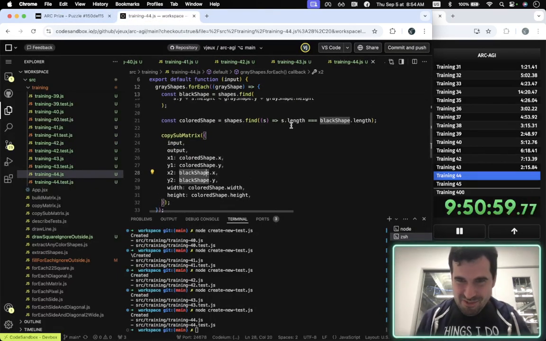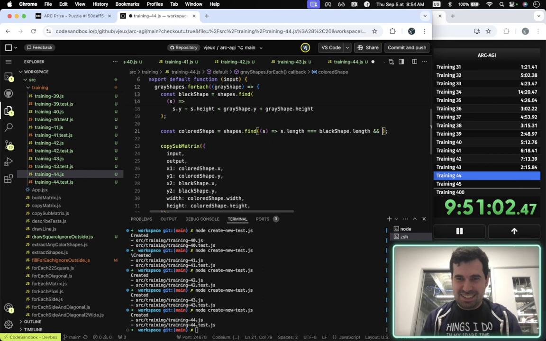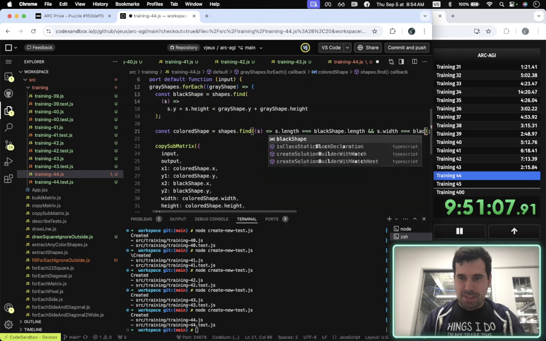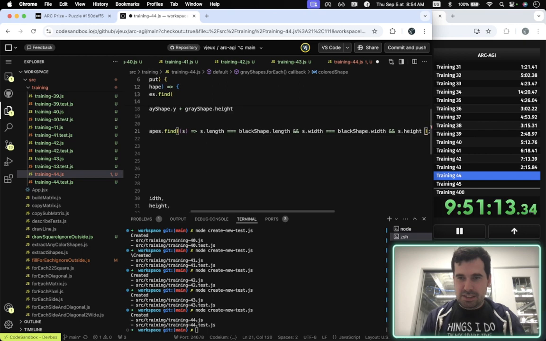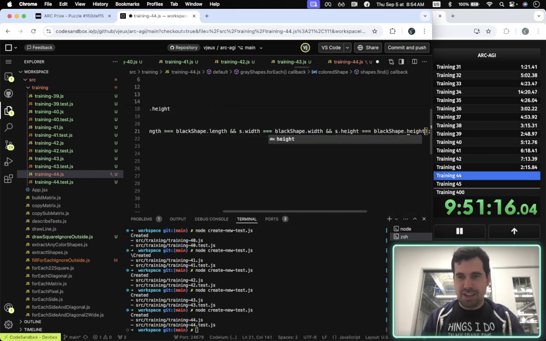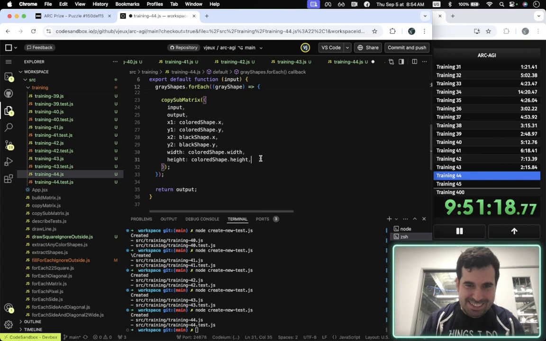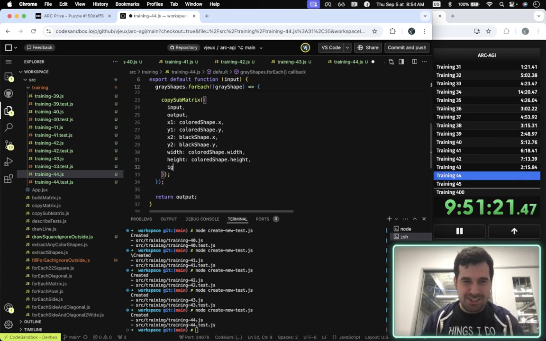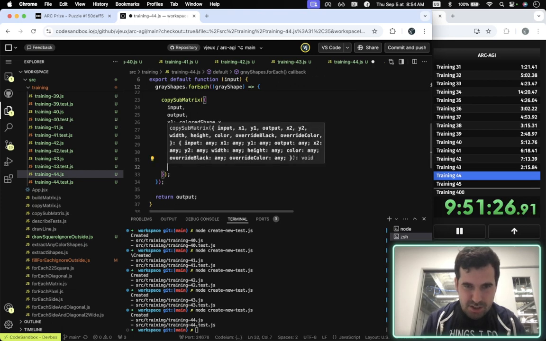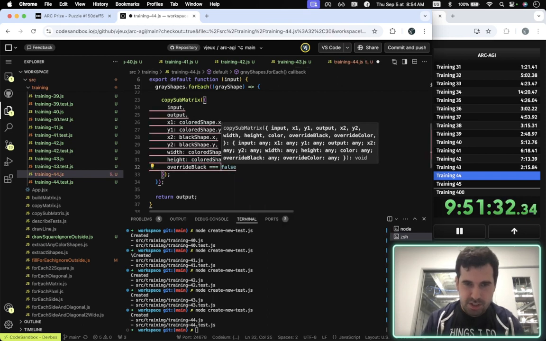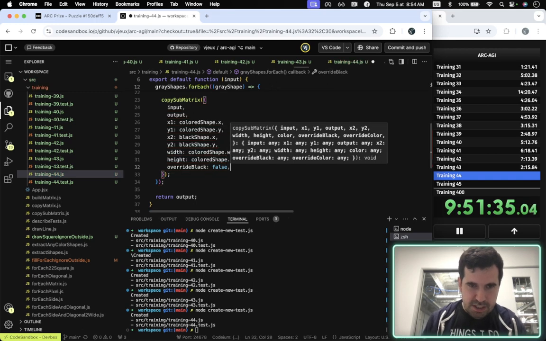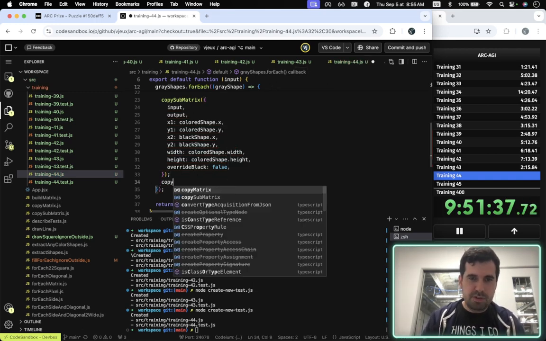So okay, and s dot width equals black shape dot width, and s dot height equals black shape dot height. Okay, so it's actually going to work. Nice. Okay, I'm happy. And so ignore. So what are the other arguments? Override black equals false. False. Okay, and now what we want is to